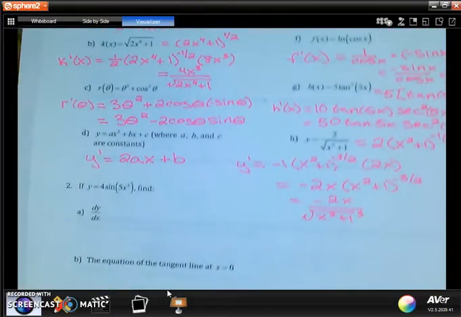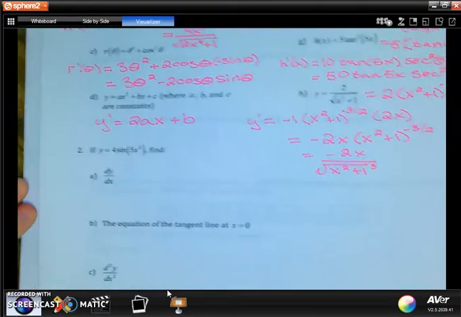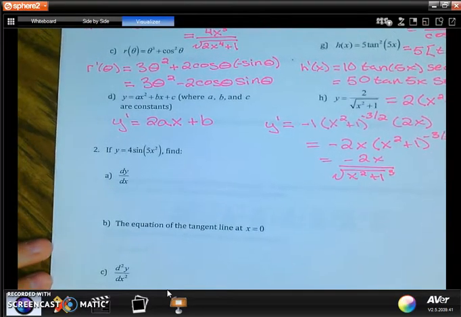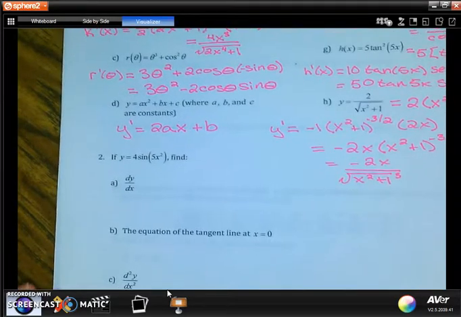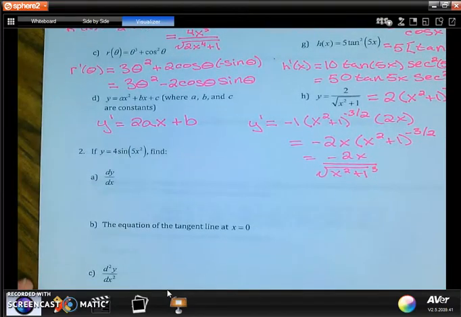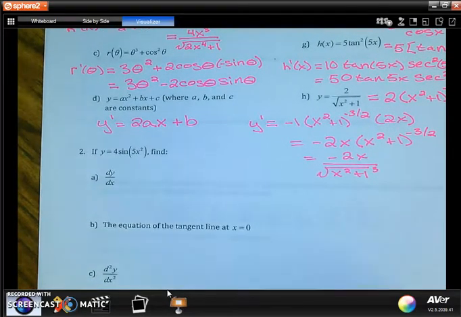And that's all number 1. So I'm just going to scooch this up so I could tackle number 2. All right. In number 2 here, I'm basically asked to find the first derivative. Then I'm asked to write the equation of the tangent line at 0, and then find the second derivative. So these are all talking about that